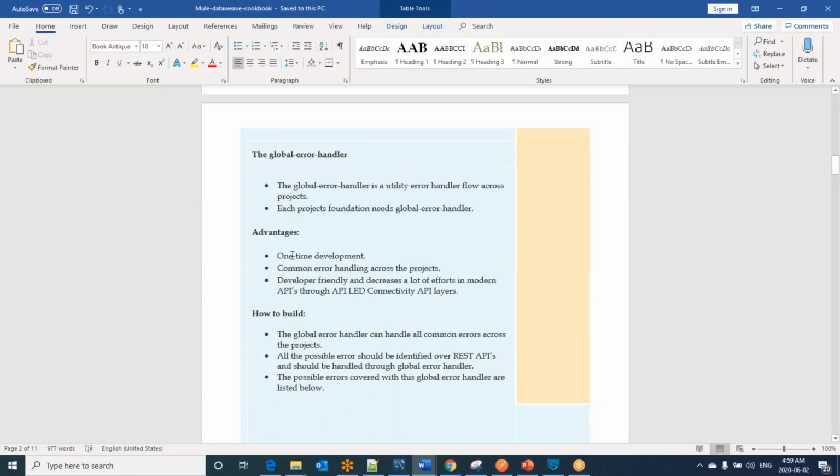That means we can do one-time development and it can be used across the projects, and it will also be developer friendly, and it decreases a lot of effort in modern APIs through API-led connectivity over API layers. How can we build it? Now I am going to show you.